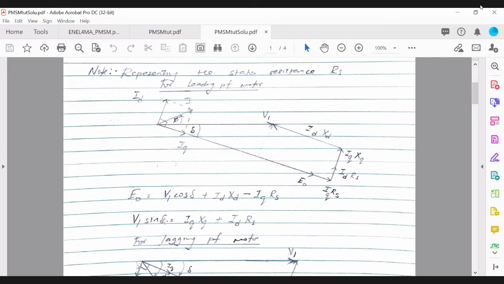So that's for a leading power factor permanent magnet motor, and